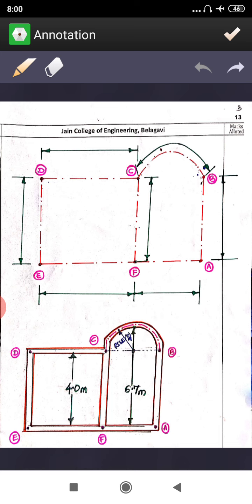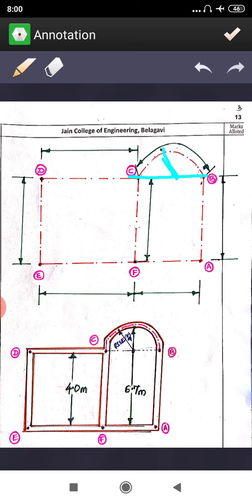Before that, see here I have shown you this portion. This is the rise. If you take the center portion here, this is the rise. The rise will be from the center line; if you extend a dotted line here, BC, a straight line, then take the center of this, from that to the curved center line, that will be your rise.